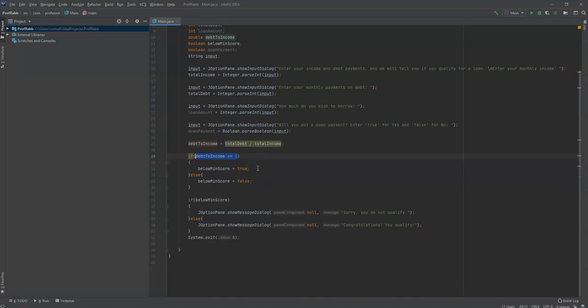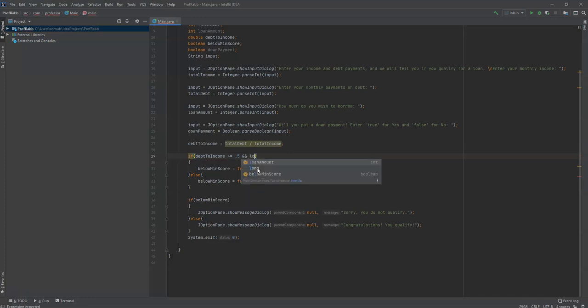So we can just say here, we'll use those. You say debt to income ratio is greater than or equal to, and we'll tighten this up and say it's 50%, 0.5. And here's where logical operators work. Where we're going to use logical operators, you can say if the debt to income ratio is greater than 50%, and